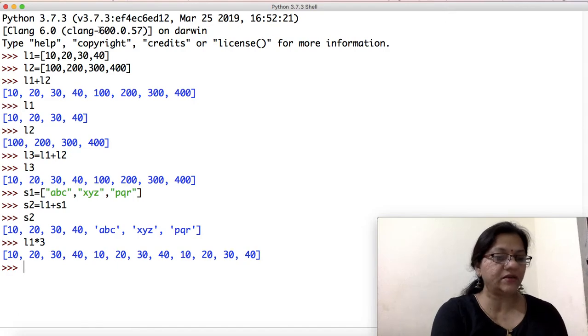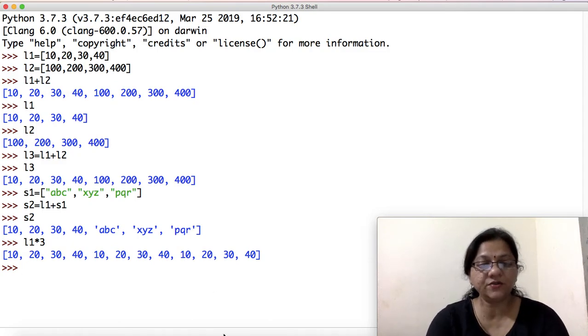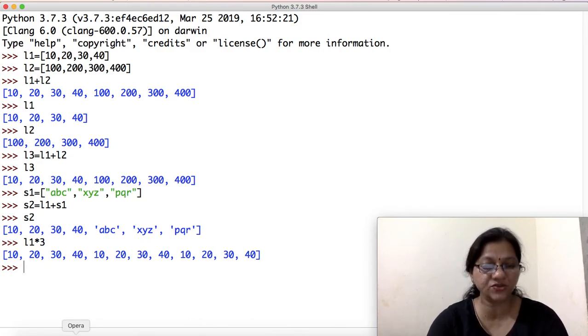Now coming to the methods. There are various methods which are used in list. Now in order to know what the different methods are, I'll just tell you how to create a list using a constructor. Creating a list using a constructor can be done by using, let's say, L1,